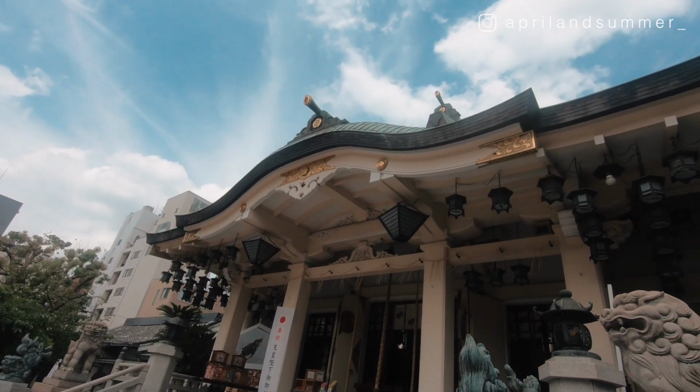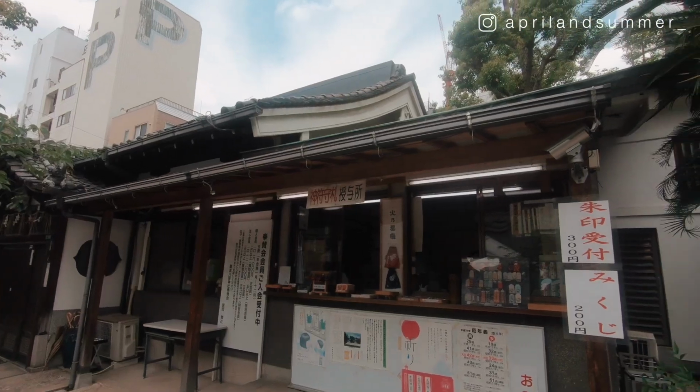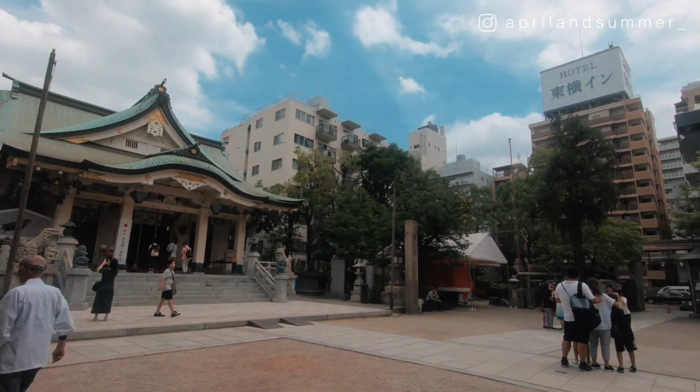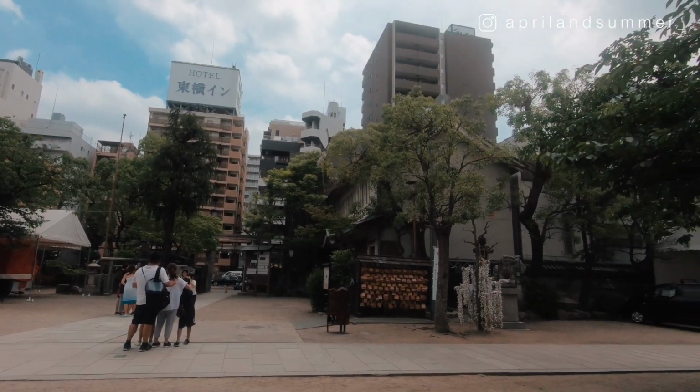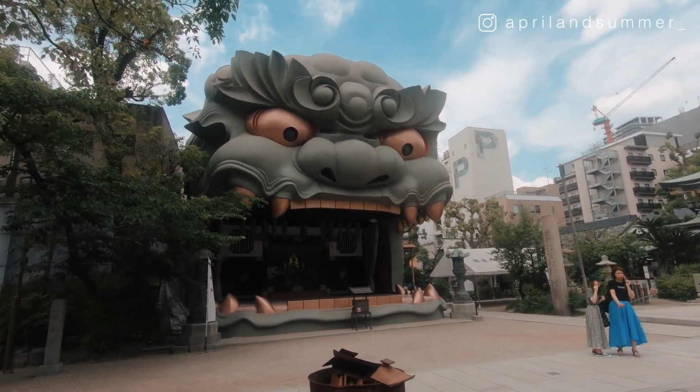The buildings inside the shrine are post-war reconstructions since the original buildings were destroyed during the war. There are cherry blossom trees standing beautifully around the area, and that is why this place is more packed with visitors during springtime. What makes this place really interesting is that the shrine has this huge lion head stage called